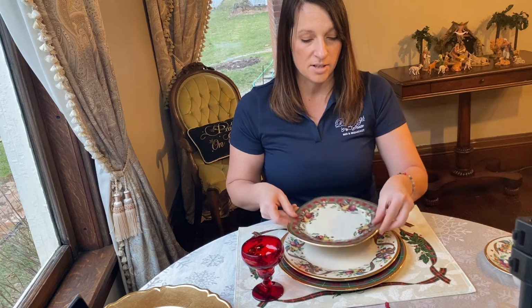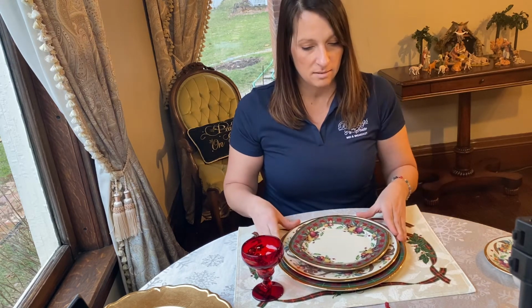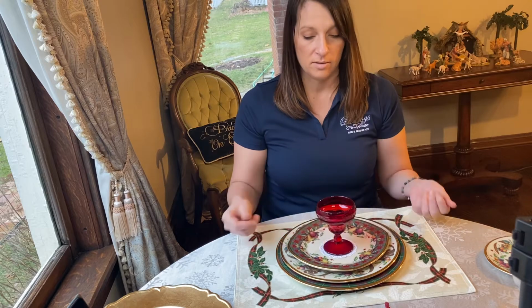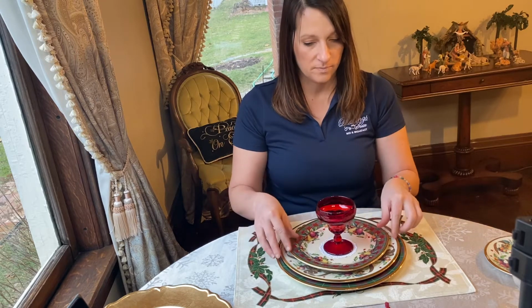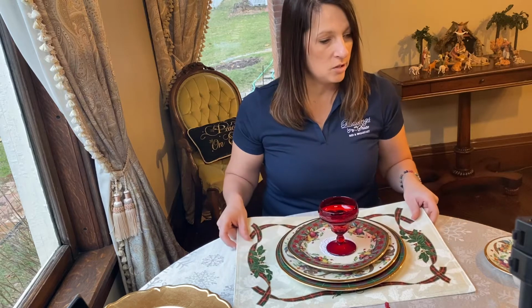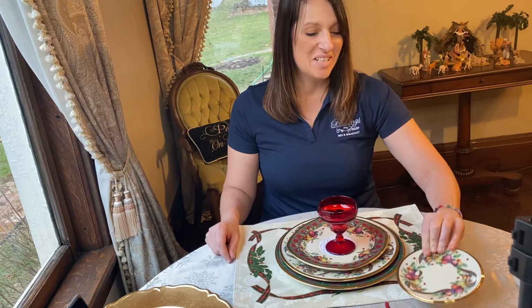So then, yeah, it matches well. I like to offset this on the plate a little bit like that. And then, like I said, you could use it for a salad or your luncheon plate, or you can use it to bring out your fruit or parfait dish. All right, so moving right along, we're going to go into, oh wait, almost forgot, our bread plate,